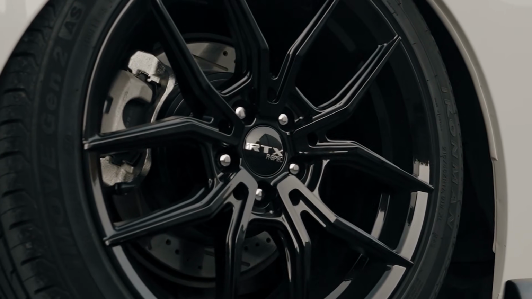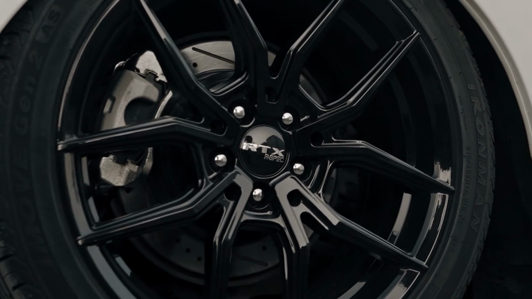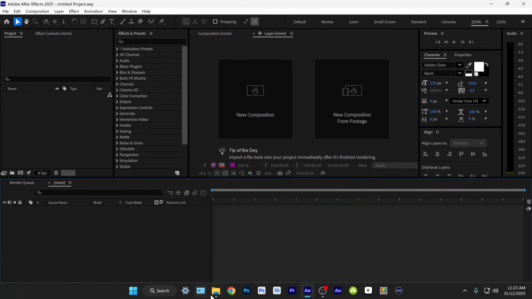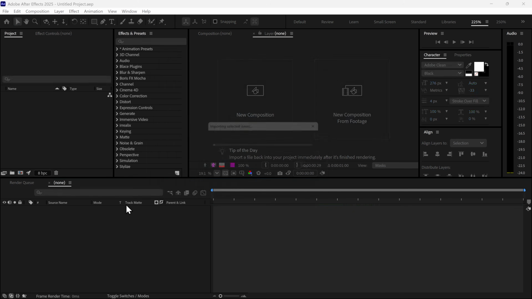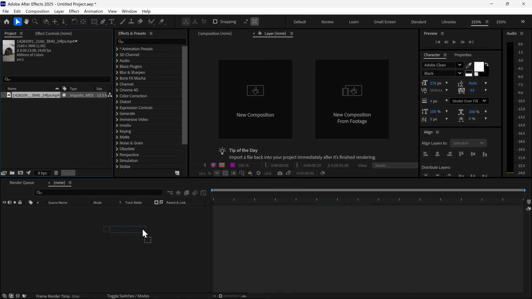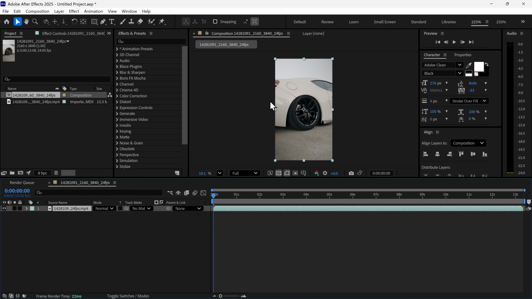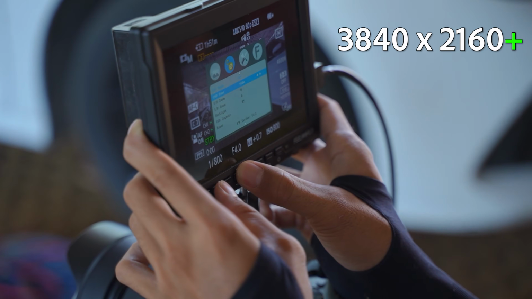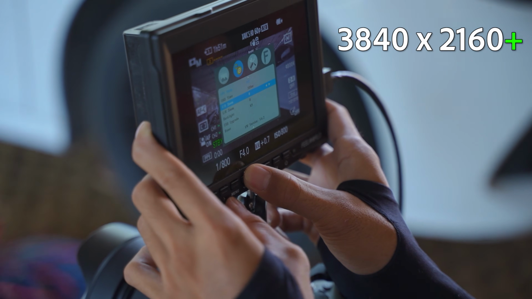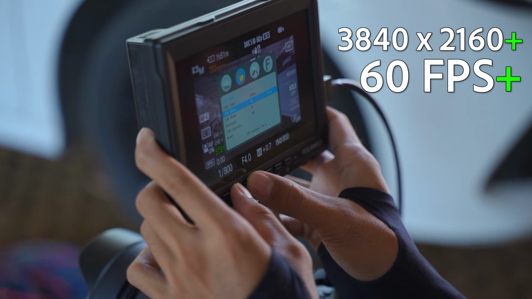To create that smooth lock-on stabilization effect you may have seen in a lot of edits, go ahead and get yourself the video and drag it into the timeline. We're just going to let After Effects auto adjust the composition. Ideally, you want to record your video at the highest quality possible, 4K and up, and also at the highest